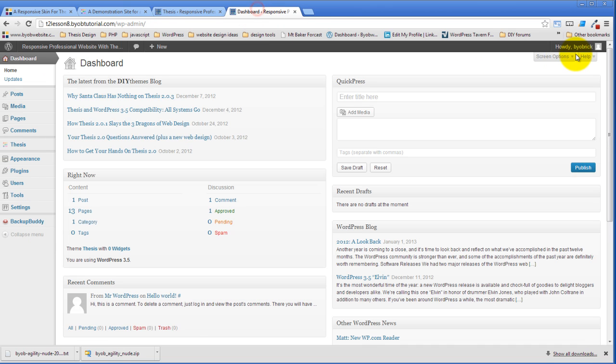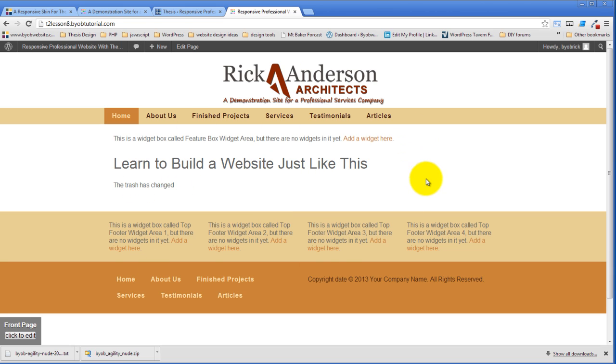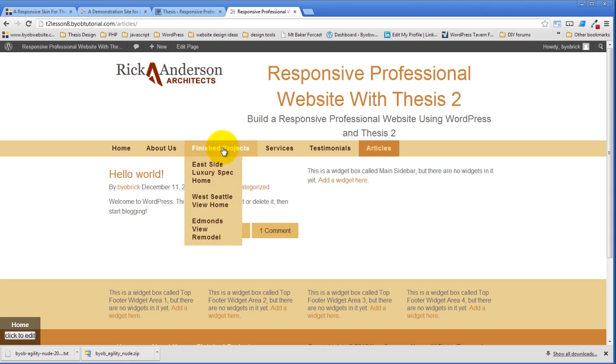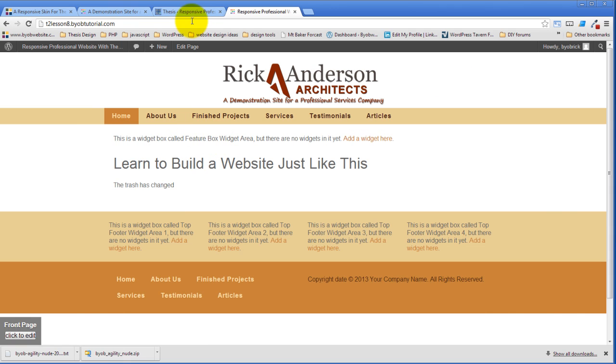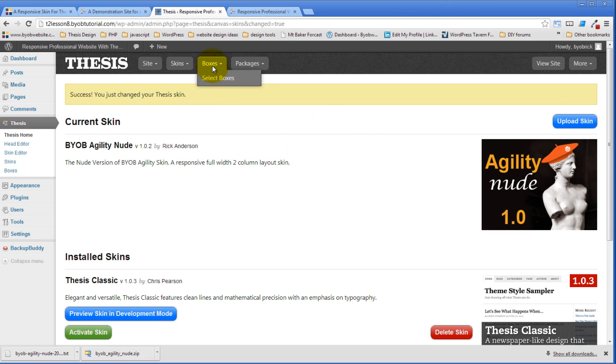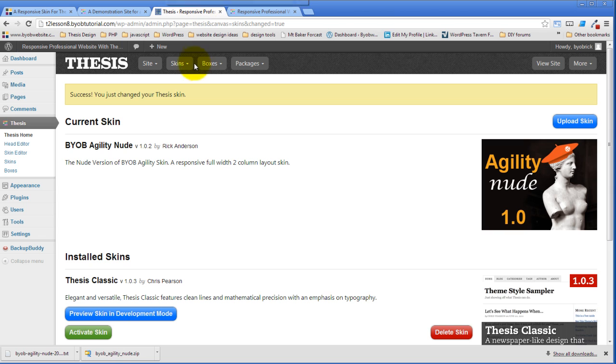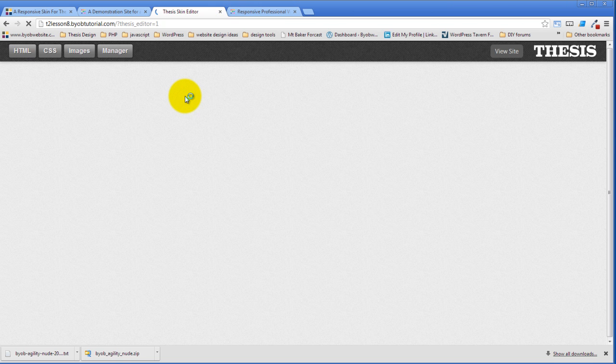And if we go back and look at the site, you can see it's all the way back to exactly the same state it was when we left it, right? It's still got this header image in instead of the standard header image, and everything is exactly as we left it last time. And so I don't actually have to restore any of the stuff that I've done in the past. But if there was a problem, if something had happened to this and it had failed, then you could actually come over to the skin editor